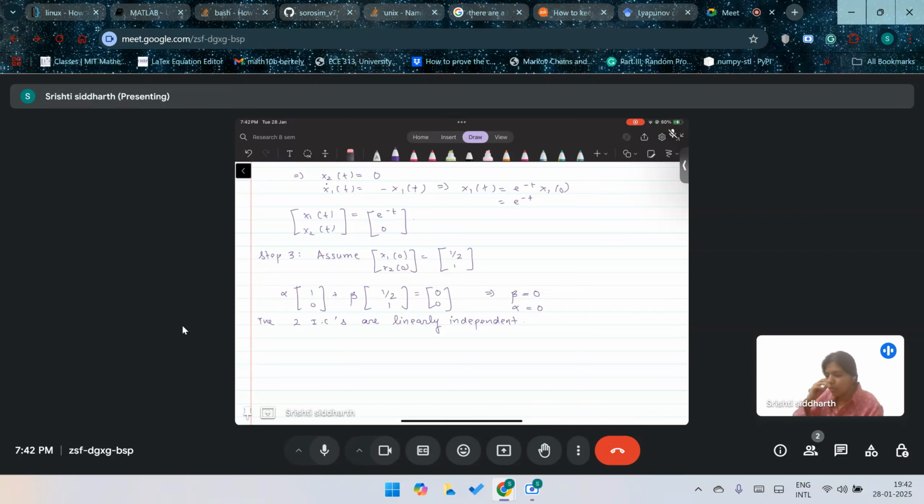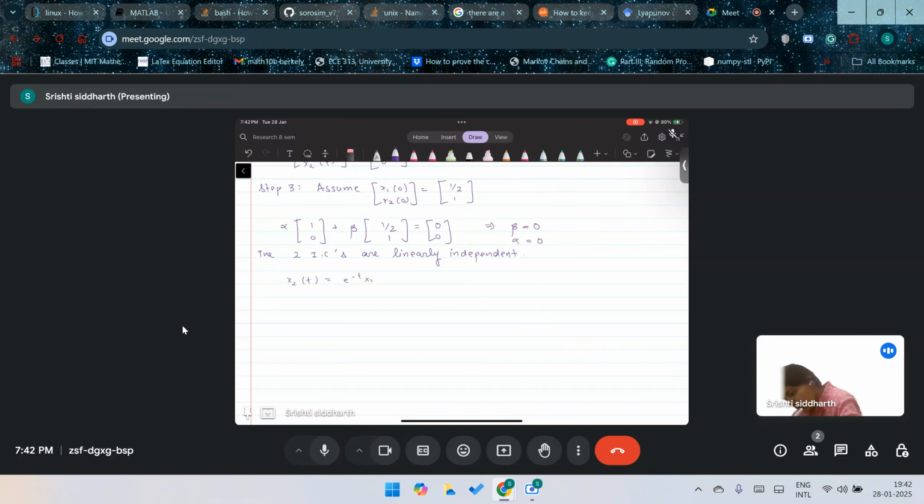Alright, now we need to find the solutions because of the initial condition that we have taken in the current step. Alright, so let's go. So we have again x2(t) is simply e to the power minus t times x2(0), which is now e to the power minus t. Now we substitute this in x1 dot, which is